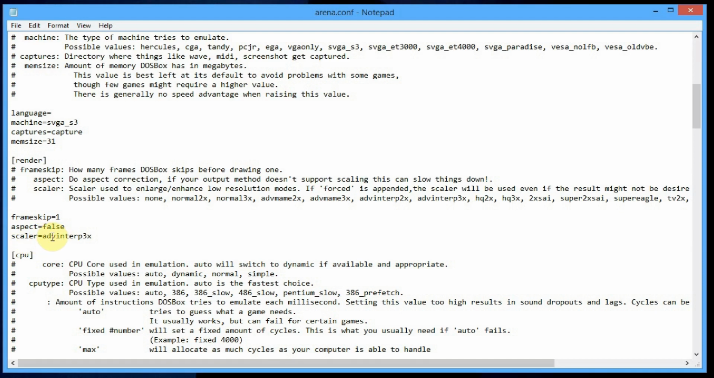It says ADVI interp 3x. Basically, as far as scaling, it does a little bit of magic to blend pixels together to make things look a little bit more smooth. But I find it gets rid of the real pixelated look, and to me it takes away a little bit of the game. So I'm actually going to change this. This is a personal preference thing, to normal